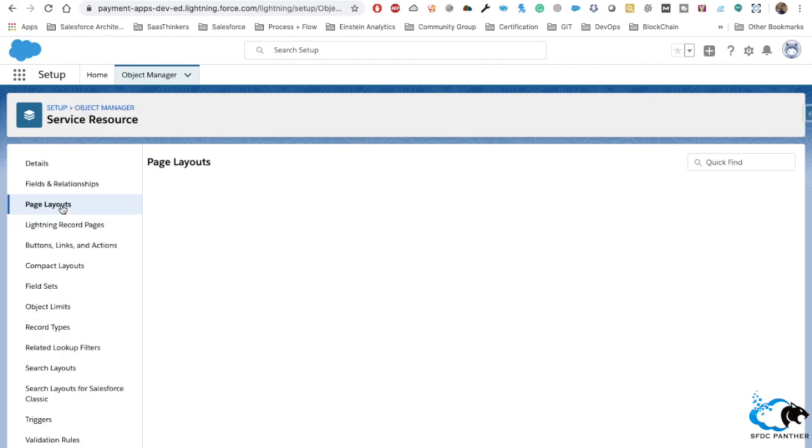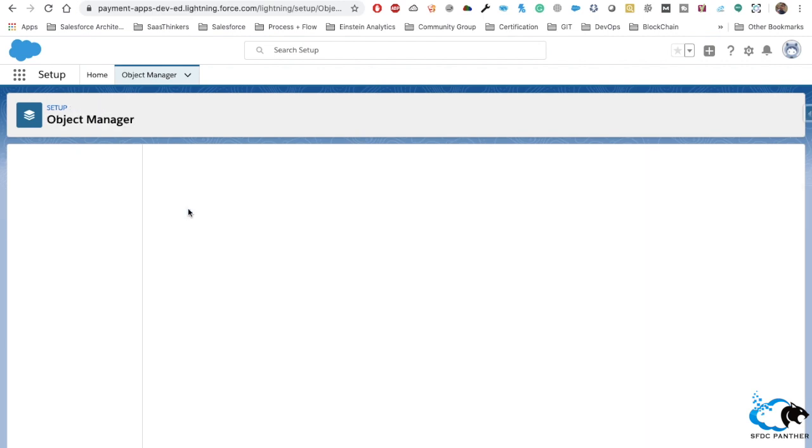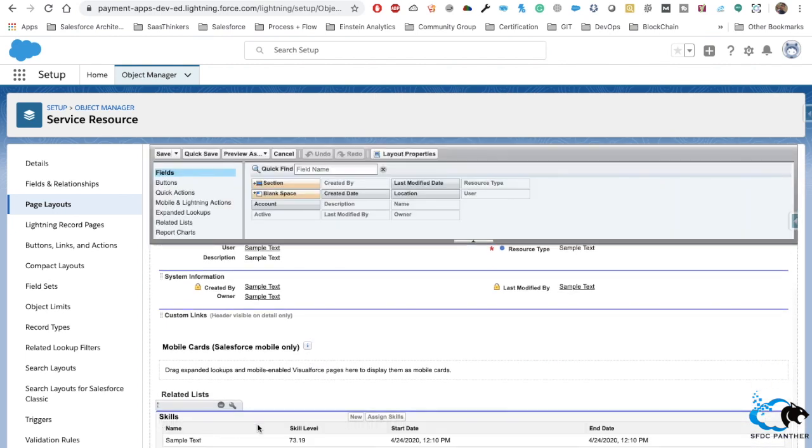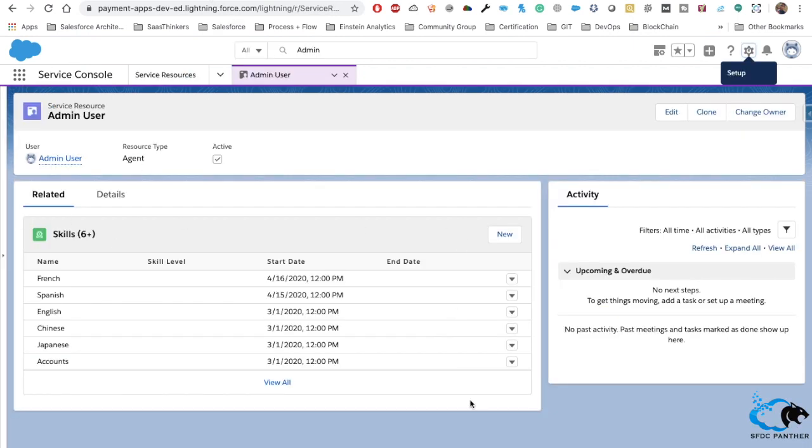Even though we did it in the first step, we forgot to add that related list, so that's not a big deal. Now we are going to add it. Go to the related list section, select related list from here, and then add that skill related list so that you can see the skills in the related list here.